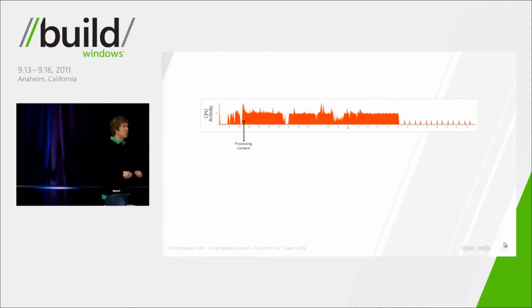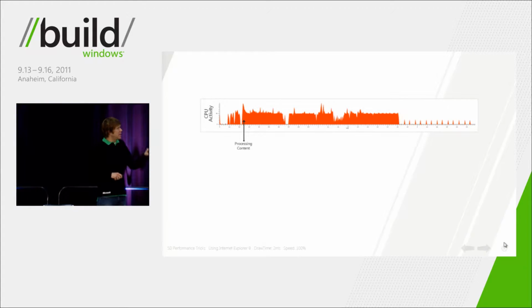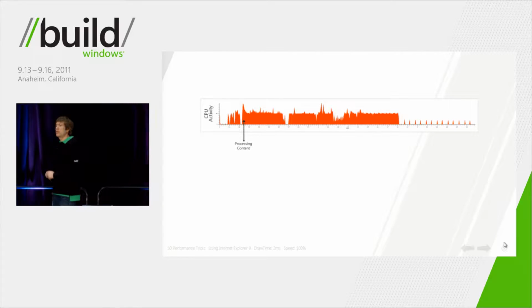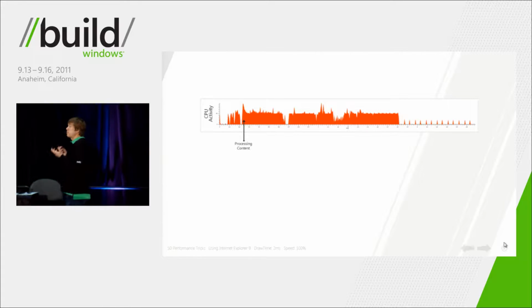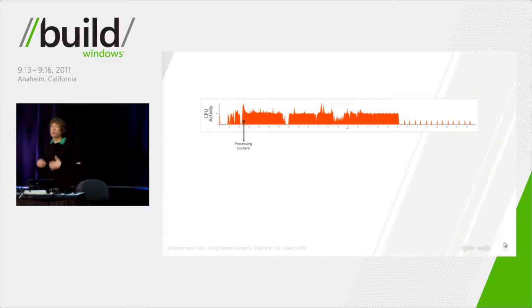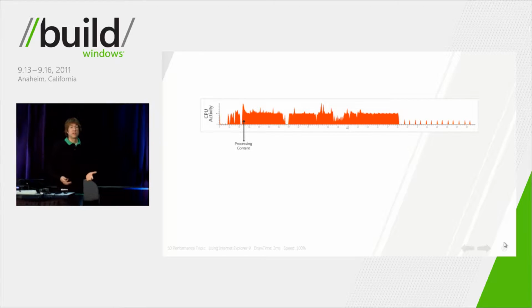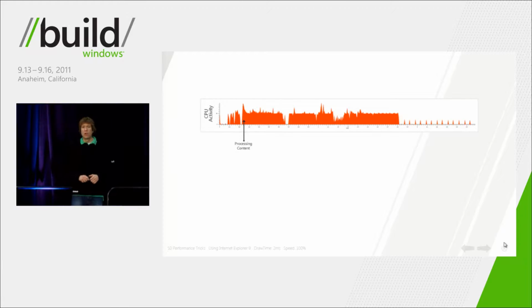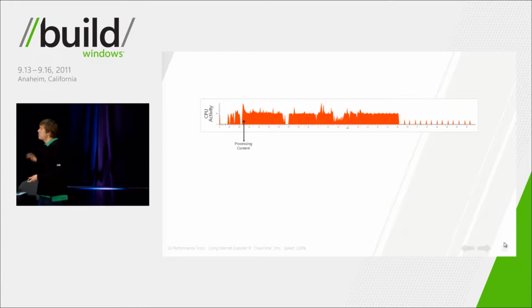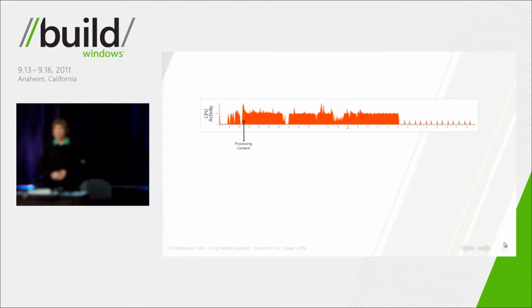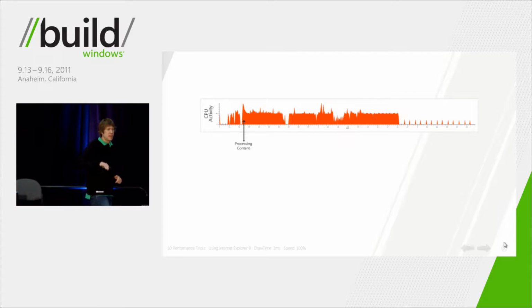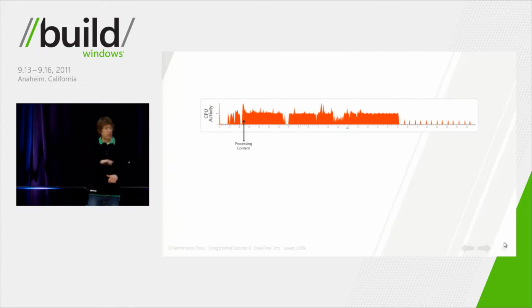Now, this is a dual-core machine. And what you'll see is that the web platform can really only fully utilize one core of the machine. The web platform is inherently single-threaded. Now, there are some features of the web platform that can be parallelized, things like image decoding or JavaScript memory management, or web workers allow you to parallelize within your applications themselves. But for the most part, your web application is limited to one core of the machine. And so when you see here kind of at 50%, the web platform and this web app are fully utilizing